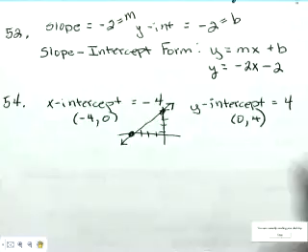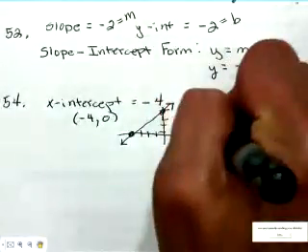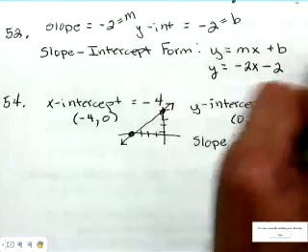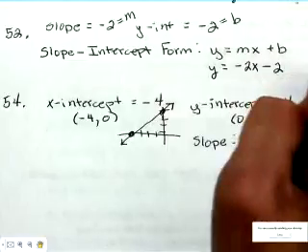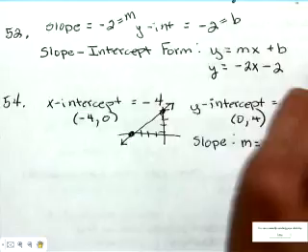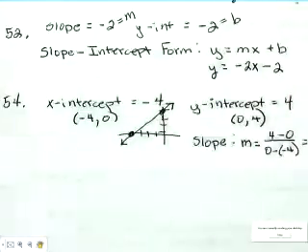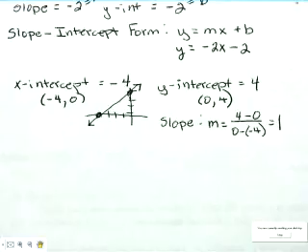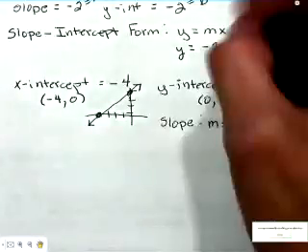Find the slope. The slope of that line is 1, and I know the y-intercept is 4,